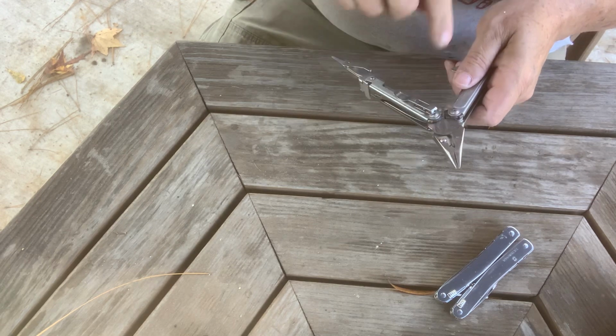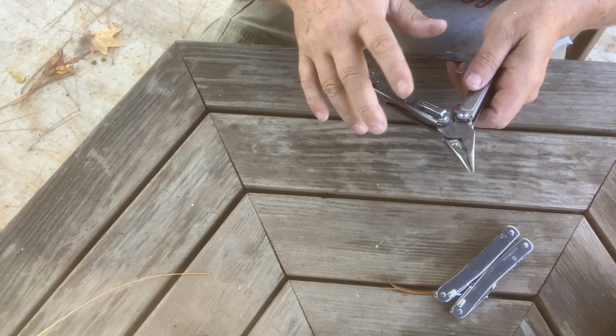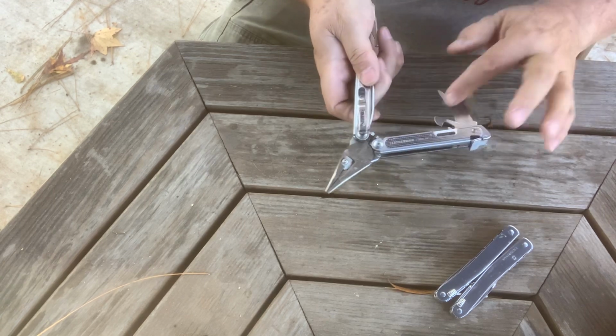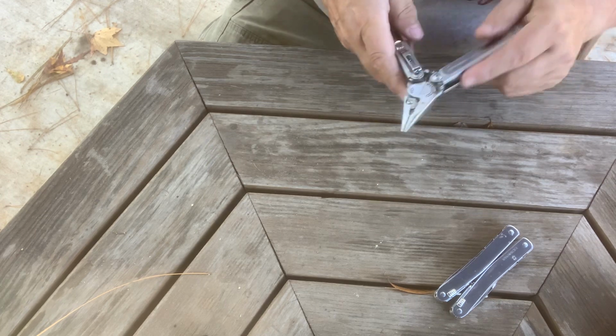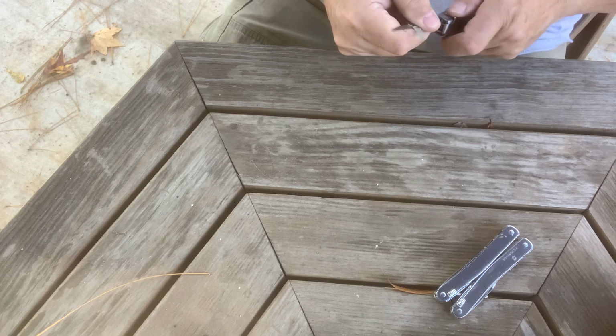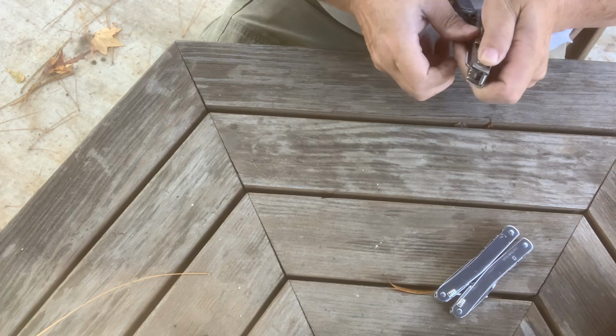If it wasn't for that, I would have like an SAK type blade on me, okay? Because you can get them with the reamers and the scissors and the saw and all that good stuff. But you ain't been able to get the SAK, or the Swiss Army knife, if you're not sure what a SAK is, the Swiss Army knife with